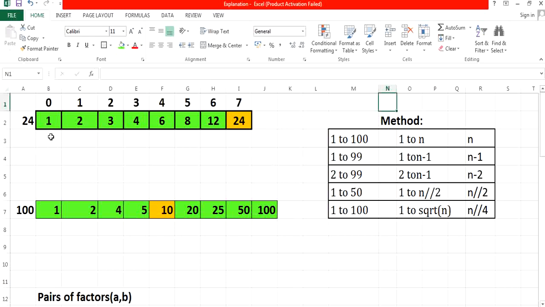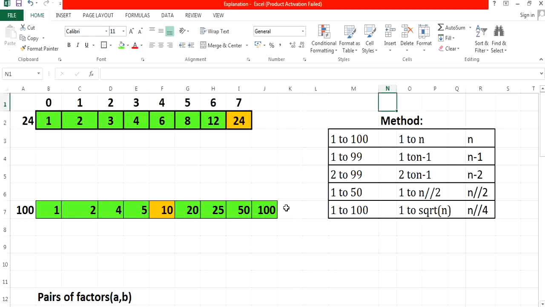Either I can start with 1 and iterate till the given number and find the factors, which is nothing but the number of iterations we are speaking about. I can start with 1 till the given number. Here I have taken the n value as 100. If the n value is 100, when you are choosing method 1, I am supposed to iterate n times. I mean that 100 times I have to iterate, then only I can find the factors for the particular number. There is one more method, that is iterating from 1 to n minus 1 times.